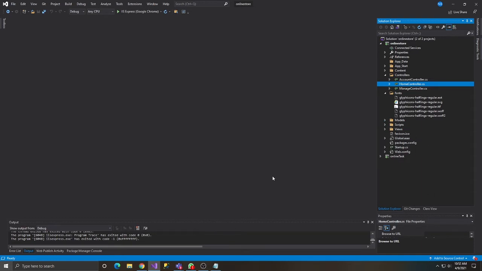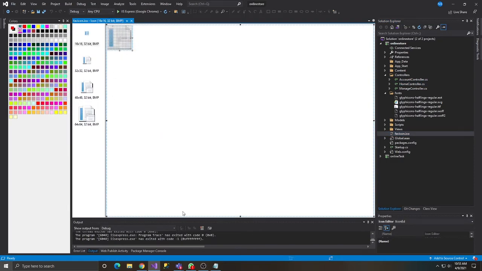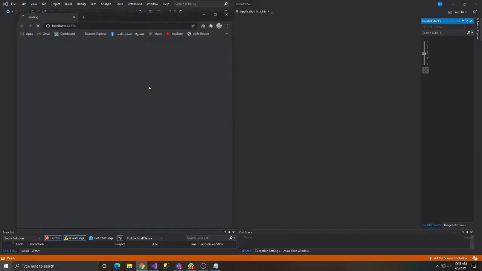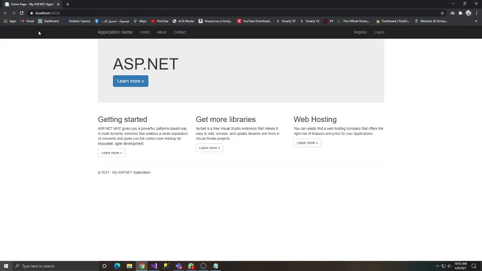Now, we have important files inside the root directory for your project. One of these are the icons. Itong icon, ito yung nakikita nyo pag patakbuhin yung program. Patakbuhin mo to, you will see that icon on the top of your browser. Kung meron kayong sariling project na, palitan nyo yung sariling icon nyo. Okay? Pwede naman